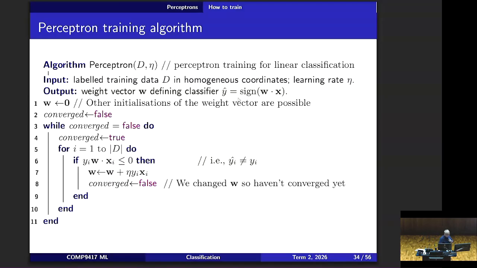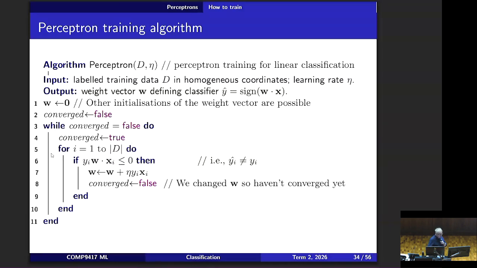If we take the sign, depending on how sign is defined, you're going to get the same thing. Now, you can initialize it in different ways. The simplest version is just to initialize the weight vector to the vector of all zeros. It's an iterative algorithm, so at some point you're going to decide whether you've converged. So we haven't converged, and as long as we haven't converged, we say, okay, maybe we will converge on